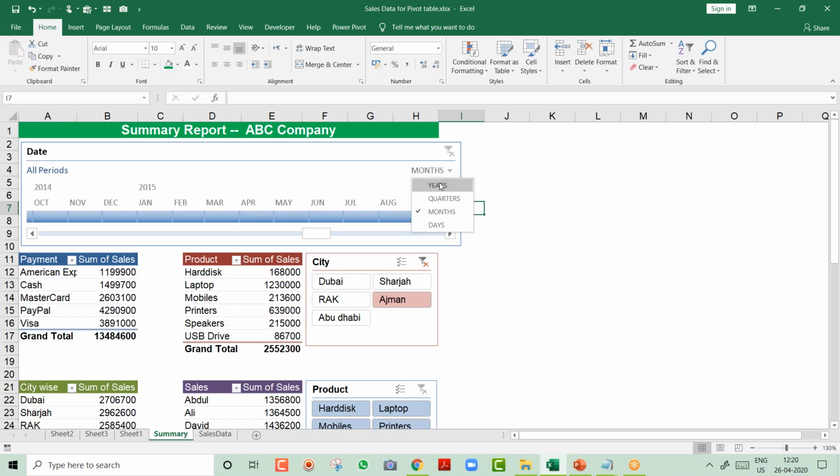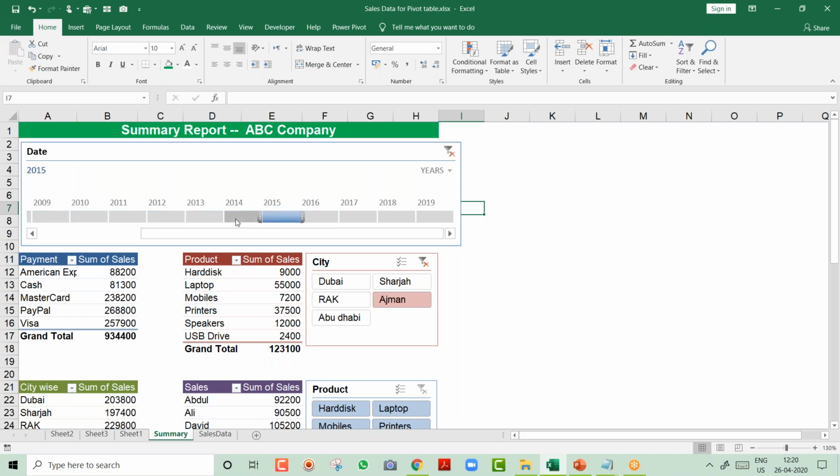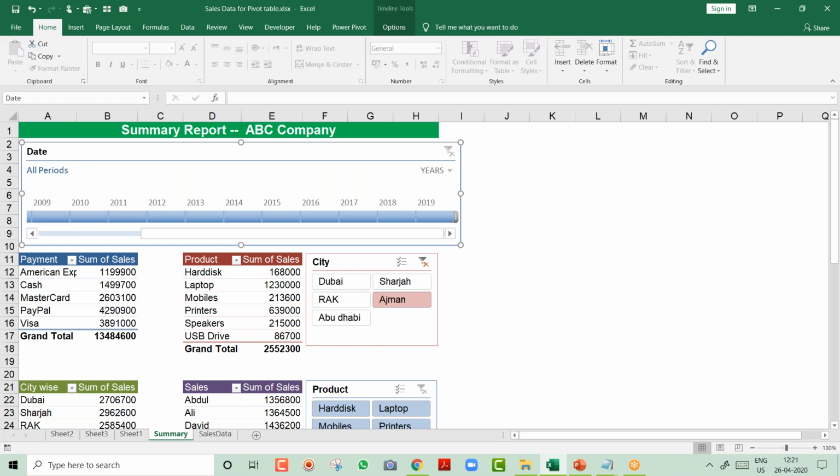Again, I come over here, you say year. So once you create this type of report and give it to your manager, friends, next time they will not come to you. They will themselves click and drag all the reports. Then you should think, then what will you do in the office? Okay, so that is a separate thing. Okay, so I say clear filters and this way, friends, you can use a slicer. You can create a timeline and create a nice looking dashboard.